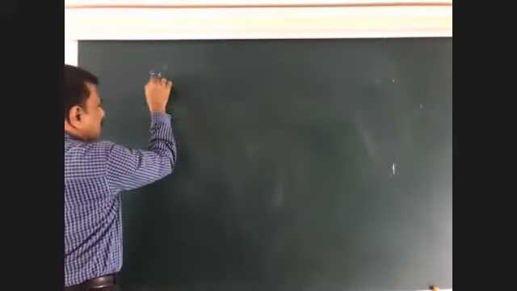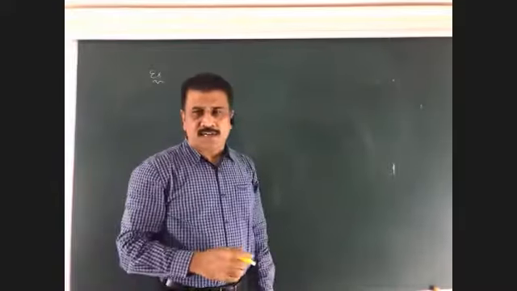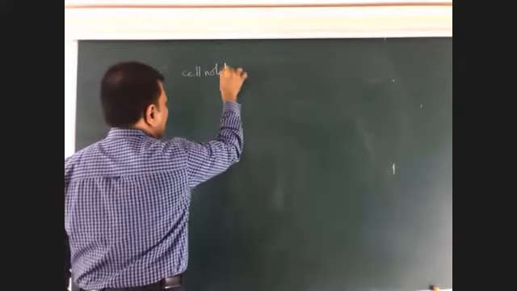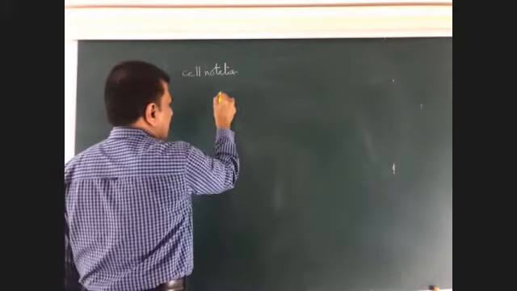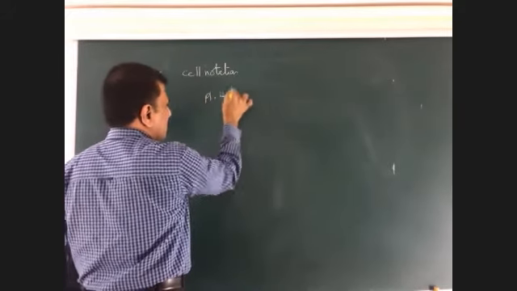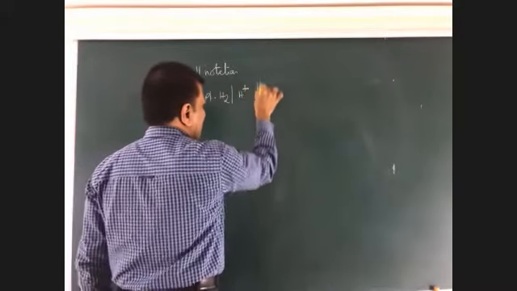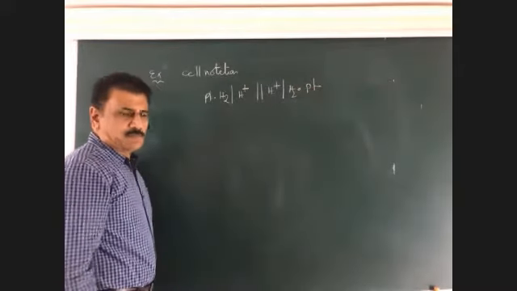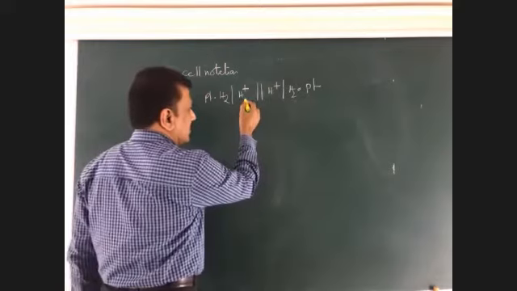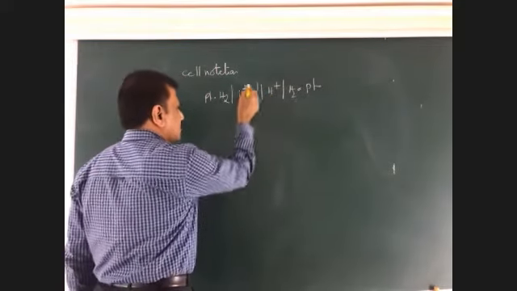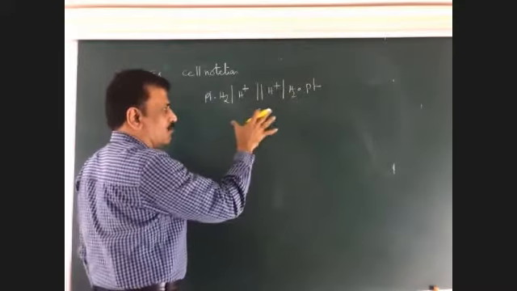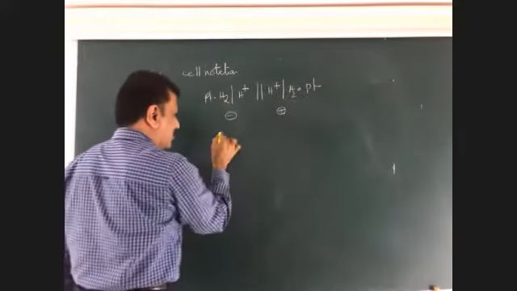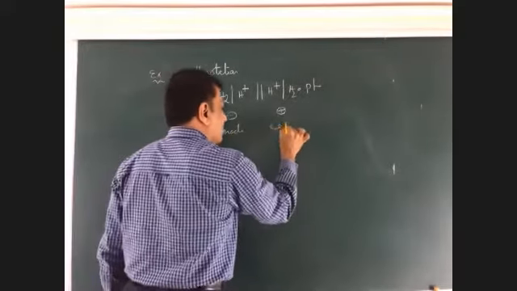Next, another example, look at this. If hydrogen electrodes are taken, the cell notation of a galvanic cell is this: hydrogen, H plus, hydrogen, platinum. This is a hydrogen ion, this is also a hydrogen ion, this is a hydrogen electrode, this is also a hydrogen electrode. Now, for this, how do we write the cell equation? This is the negative plate, this is the positive plate. Therefore, this is the anode and this is the cathode.